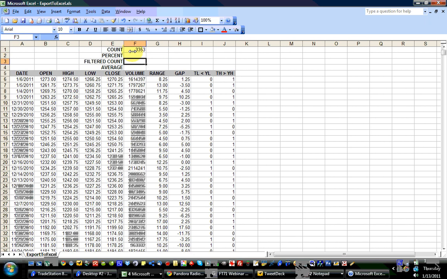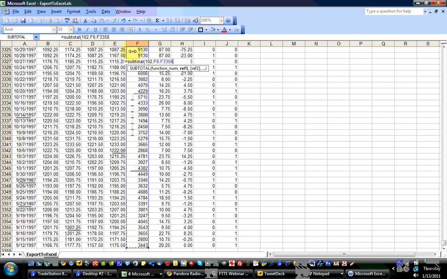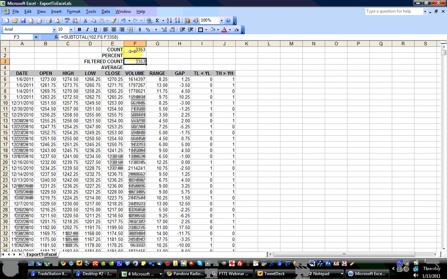My filtered count is going to use the subtotal calculation for filtered count. For information on the subtotal function, just check your Excel help file. So at this point, they're the same number. I'm not going to add anything for average, but I am going to add some formulas for range and for gap. Now for the range, my count again is going to be the subtotal function,